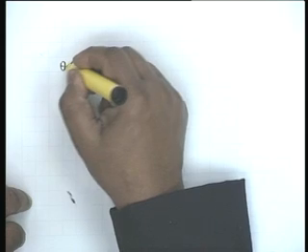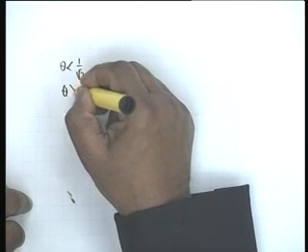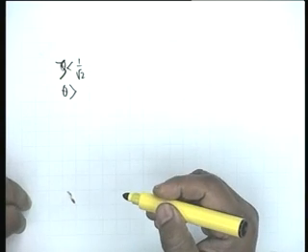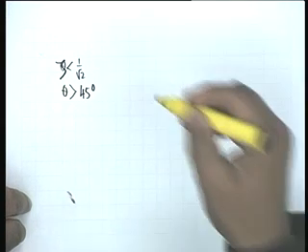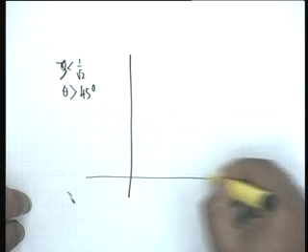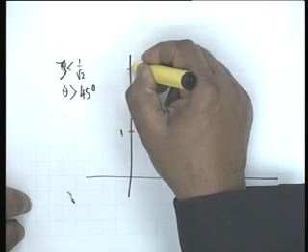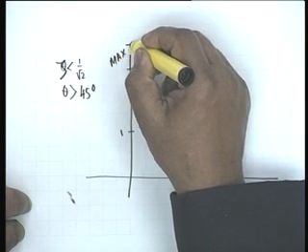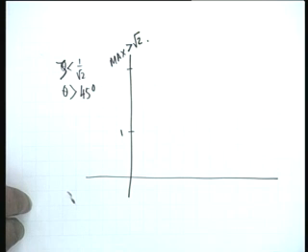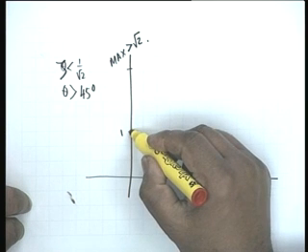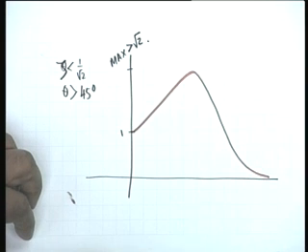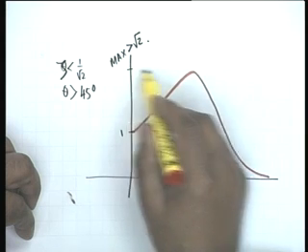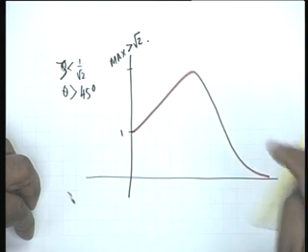All right. Now suppose zeta is less than 1 by root 2, and theta is greater than 45, in such a manner that the max is greater than root 2, then my magnitude function shall vary like this. You start from 1, go through max at omega equal to omega m,